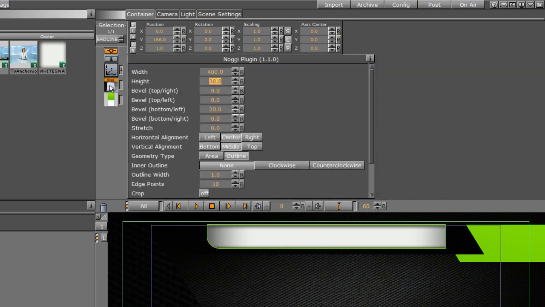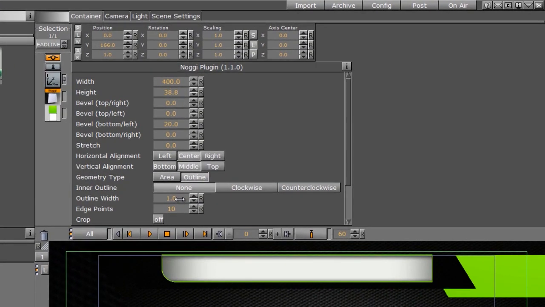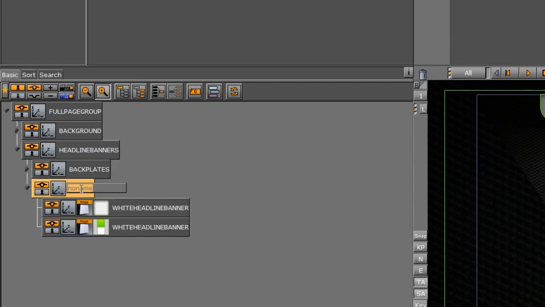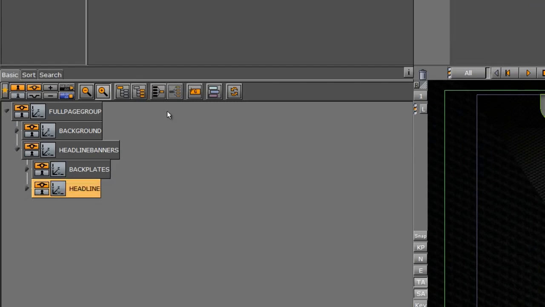Now if you want to go back into Noggi and adjust the outline width, right now it's set to 1, so if you want to back off of that a little bit, you can as well. Alright, so that's our headline, and let's group that and just rename that group just to organize this a little bit. I'm going to then make a subline, so I'll add another group to help myself organize, and I'm going